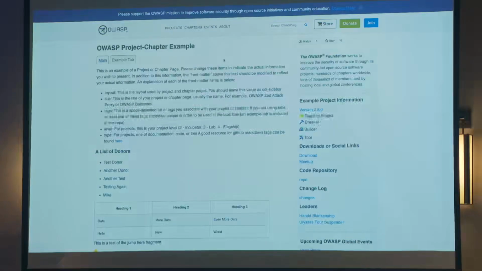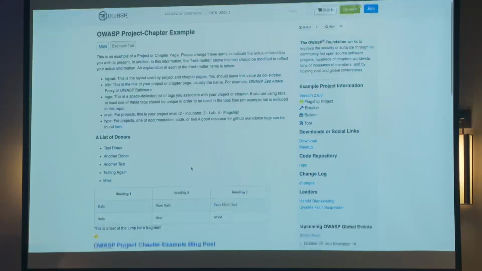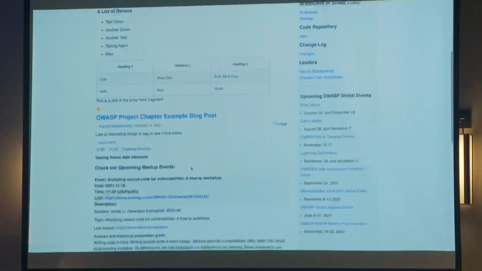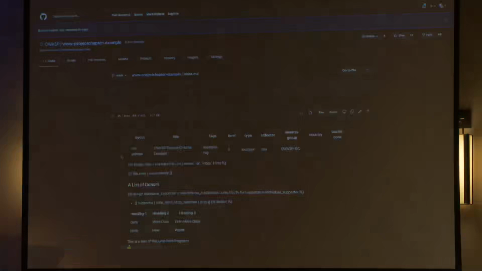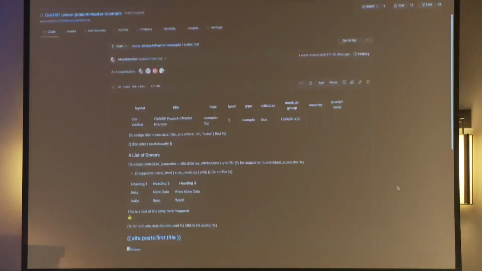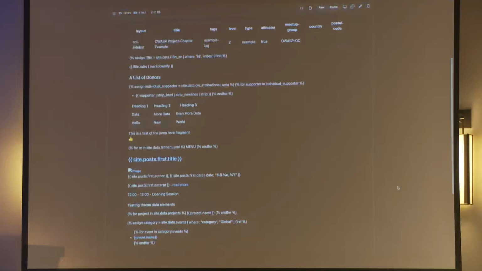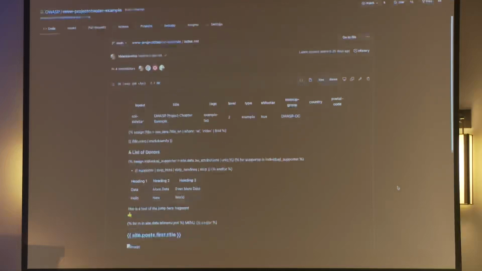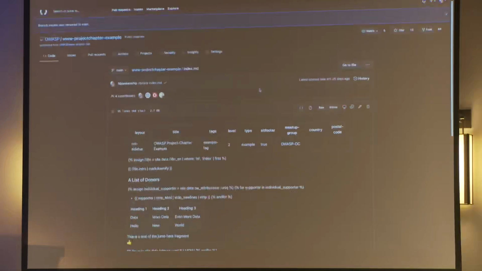So the project page, once you get it, you will get an email basically telling you that this page has been generated and that you can go to the very bottom of the page and click on this nice little link saying edit on GitHub. And that will present you with that index.md page on GitHub. Let's look at this.